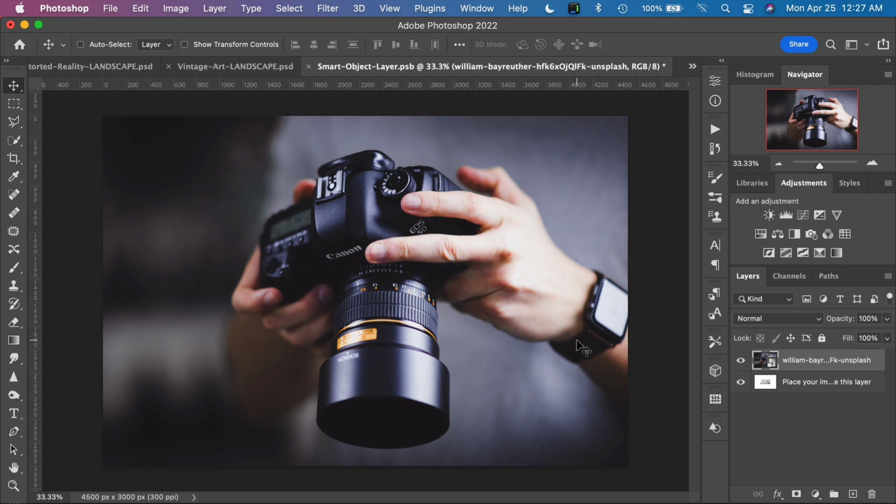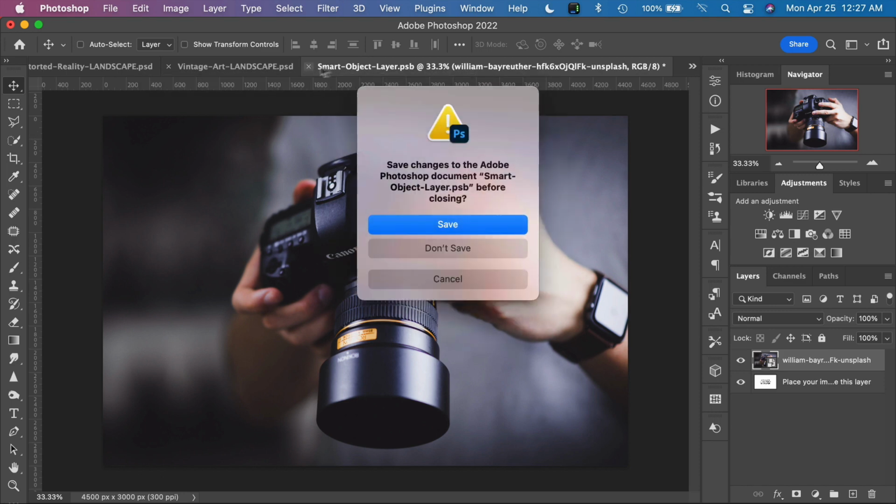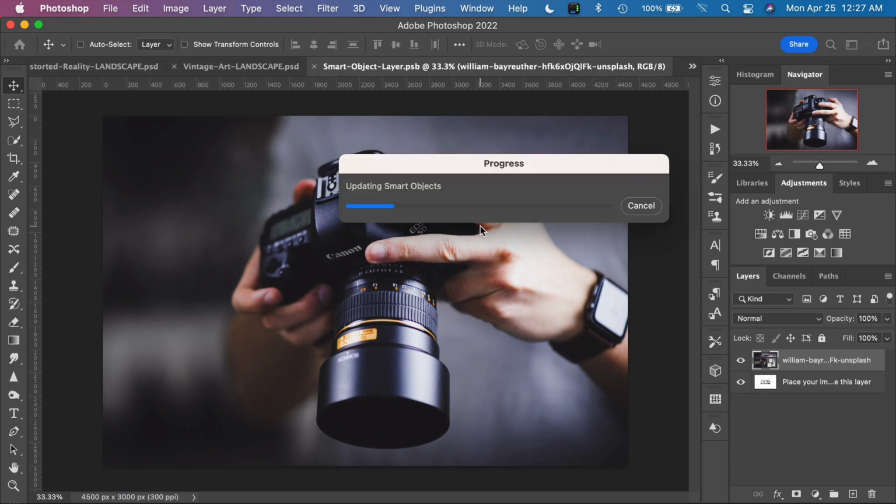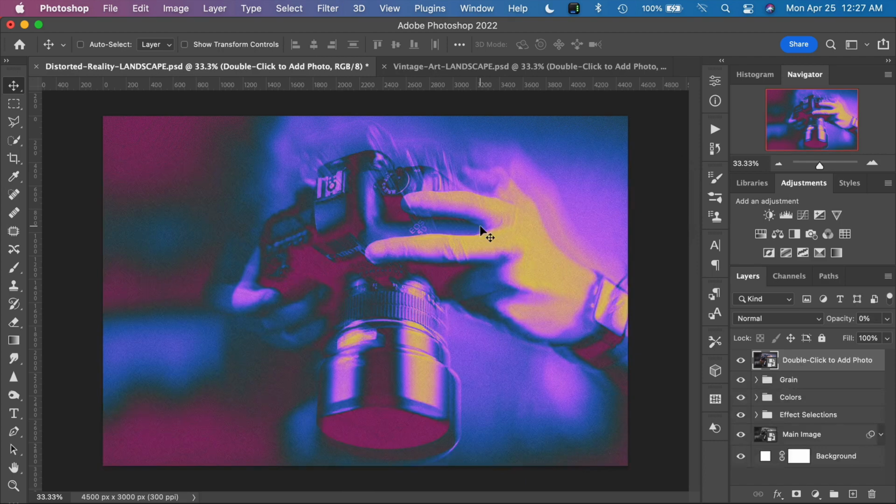Now all we have to do is close and save this Smart Object layer to apply the effect. So I'm going to click the little X to close the Smart Object, click Save to save the Smart Object, and Photoshop will automatically produce the effect for us like magic. And there we go. The effect is automatically produced for us, and we have a number of optional controls that